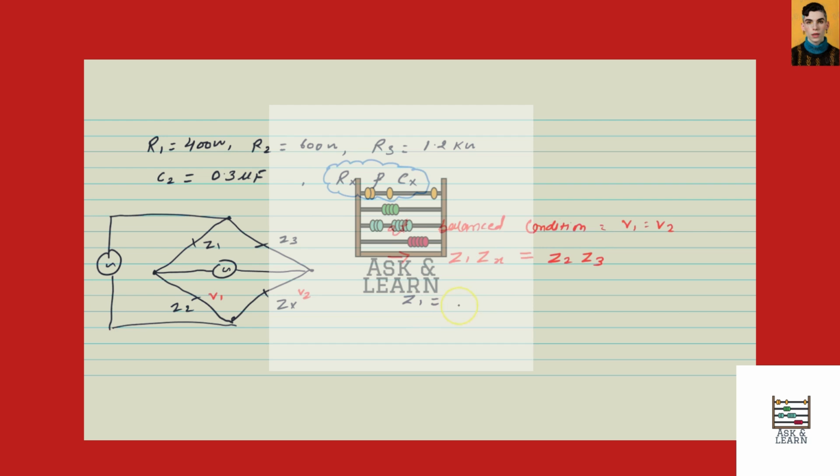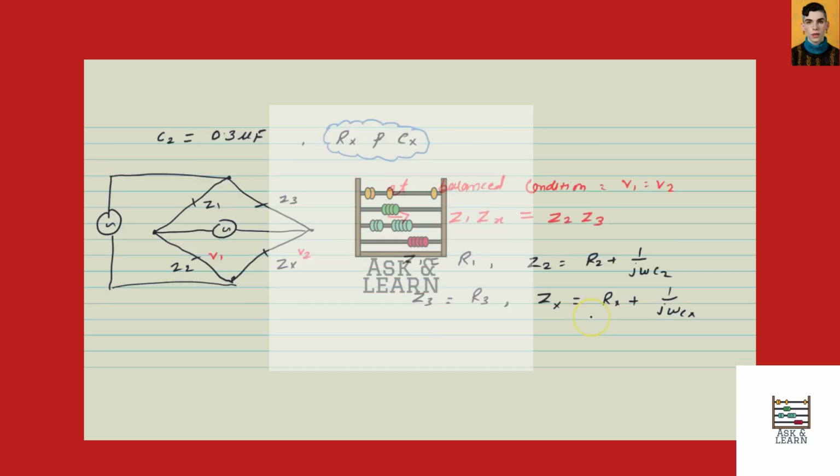Z1 equals R1, Z2 equals R2 plus 1 upon j omega C2, Z3 equals R3 and Z4, or we can say Zx, equals Rx plus 1 upon j omega Cx. Okay, so now